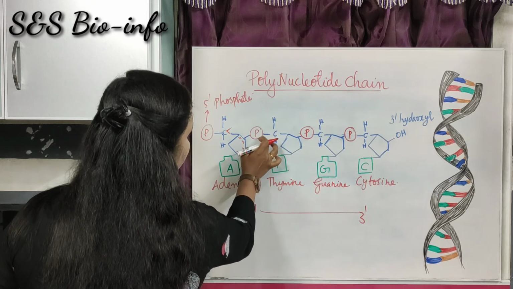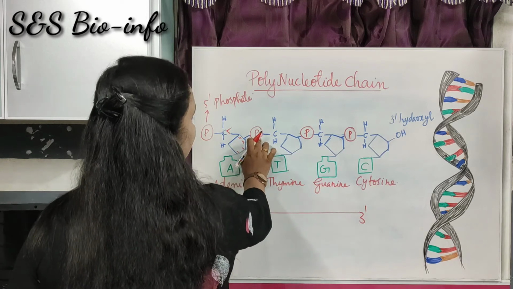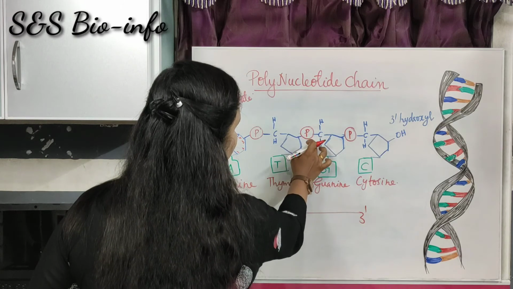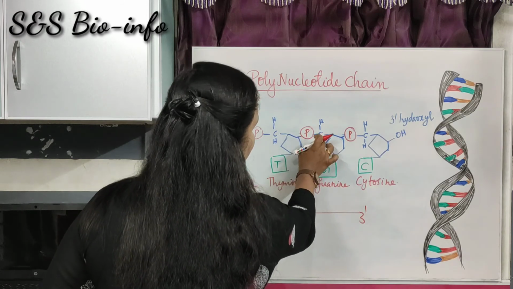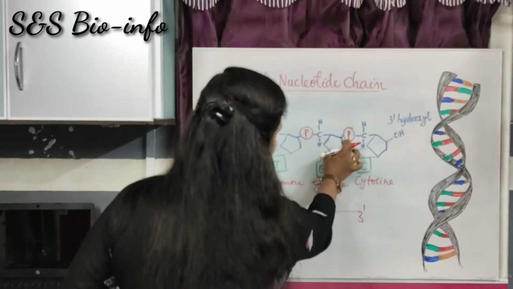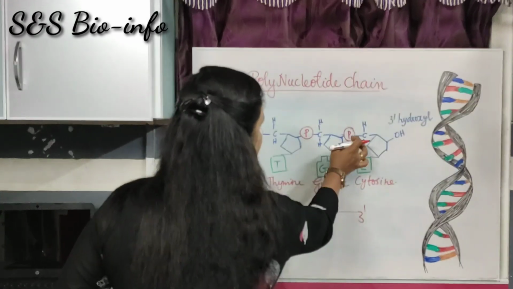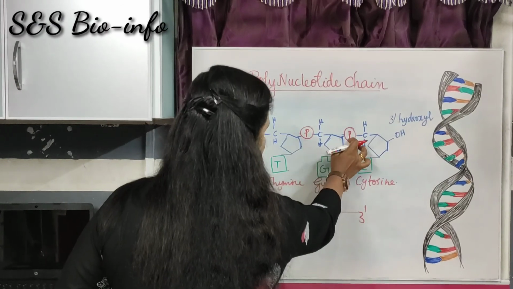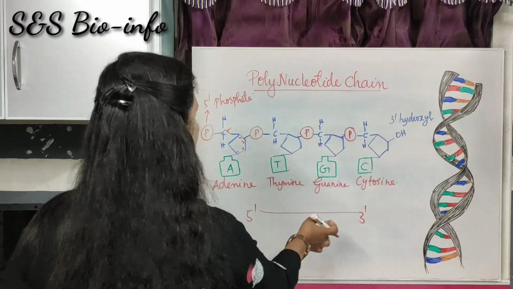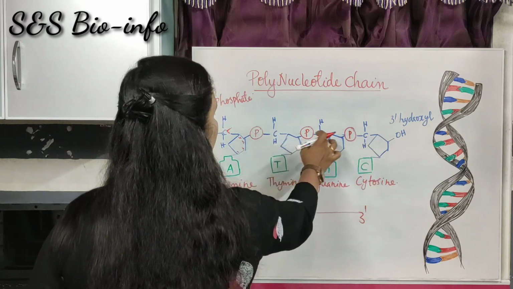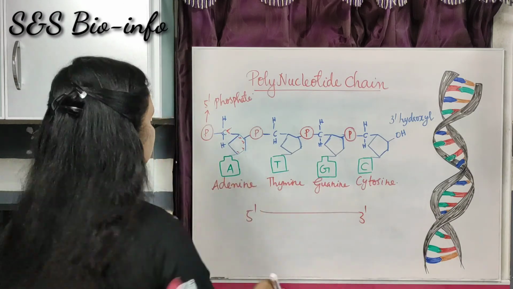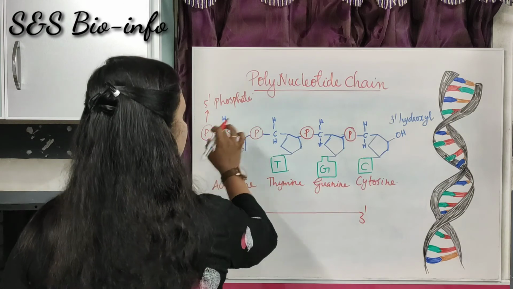There is a connection through the phosphodiester linkage. Again, the second nucleotide with the third by means of phosphodiester linkage, 3' to 5'. The third nucleotide is connected to the fourth by means of phosphodiester linkage. The 3' position is connected to the 5' position of the next nucleotide. So it forms a chain. So each ribose sugar is connected to the next by means of phosphodiester linkage. It has a nitrogen base, sugar and a phosphate group.